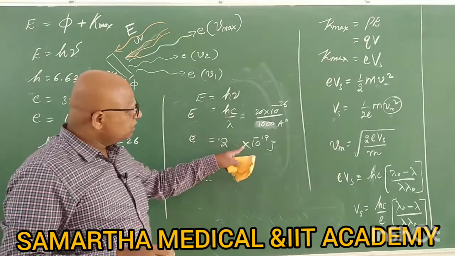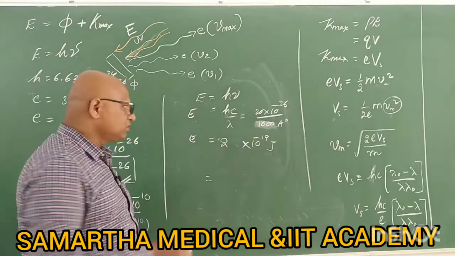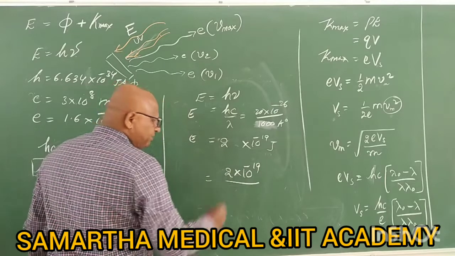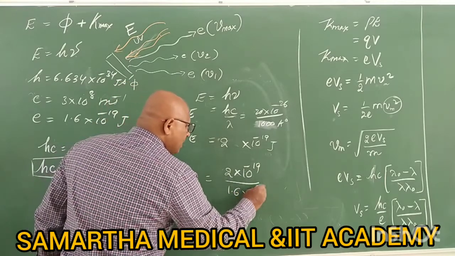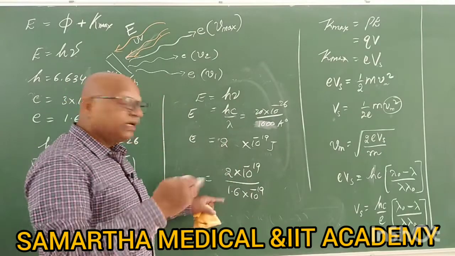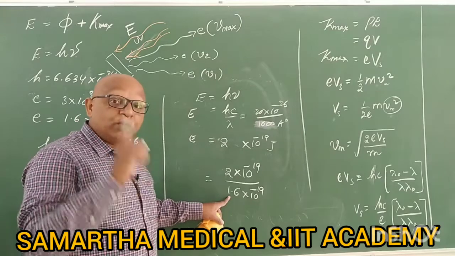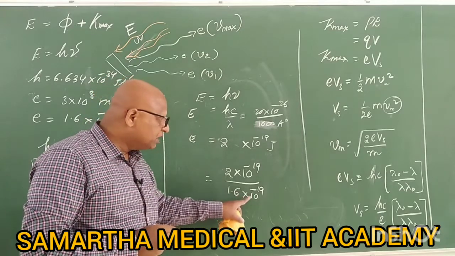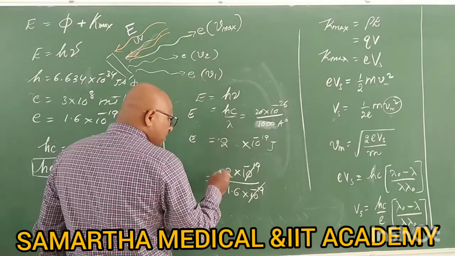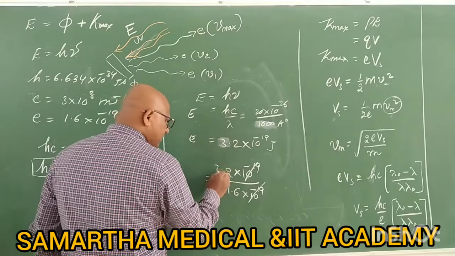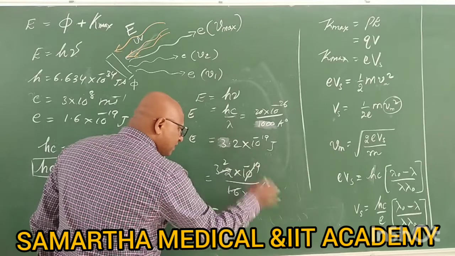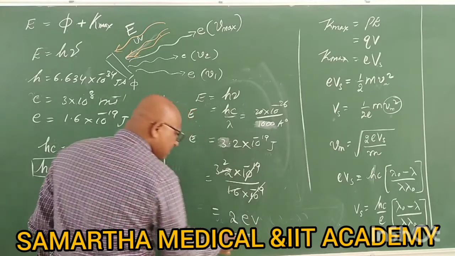How to convert this joule energy into electron volts? For that, what you have to do is, you should divide this expression by the value of 1 electron volt. What is the value of 1 electron volt? Yesterday only we have seen in the previous classes. The value of 1 electron volt energy is 1.6 into 10 to the power of minus 19 joule. Now this will get cancelled. Let's make it 3.2 for calculation. 16 ones are 16, twos are, right? Now the value will be 2. Everything has cancelled, EVs.